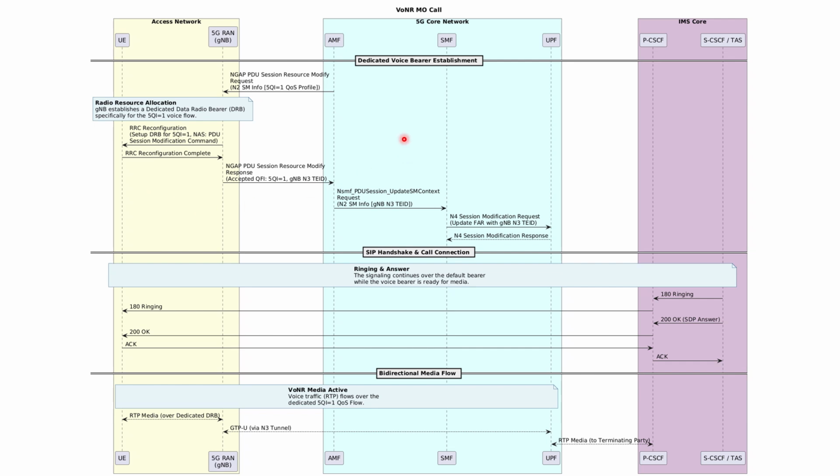So again, we have the first phase, the dedicated voice bearer establishment. Here the SMF must now orchestrate the access node, or gNodeB, and the user plane to build the dedicated voice channel. So now the AMF is going to send an NGAP PDU Session Resource Modify Request to the gNodeB, and this message contains the crucial N2 SM information that involves the 5QI 1 QoS profile. Now the gNodeB cannot just send the data,